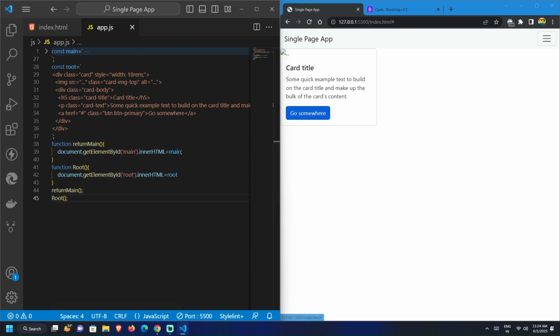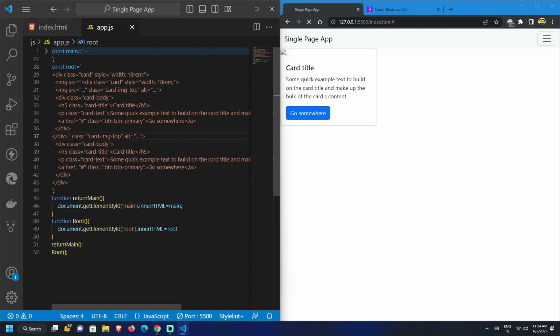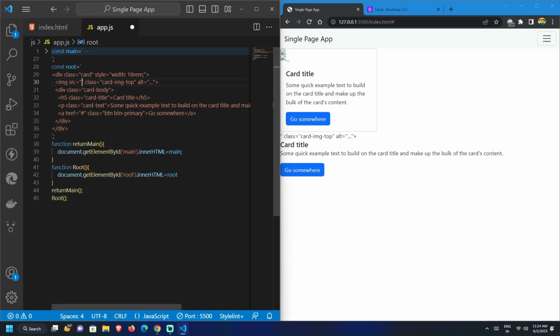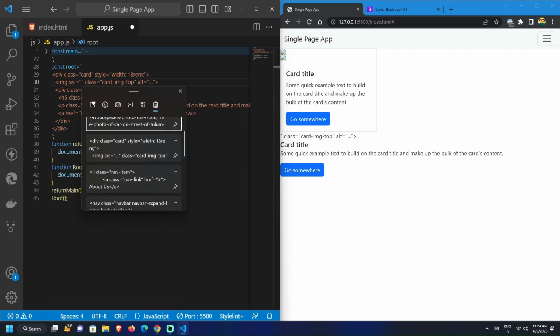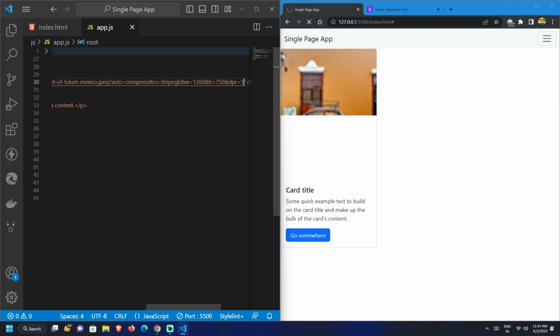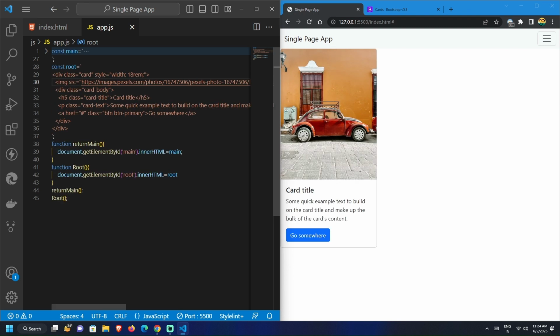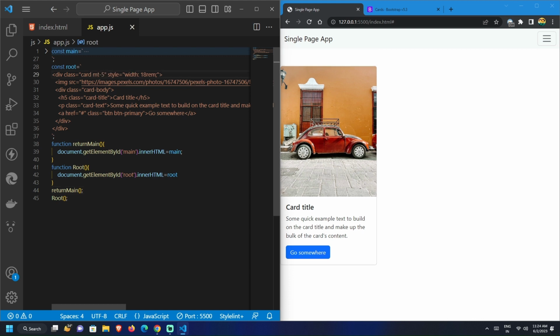As you can see, we have this. Now for the image part, let me add an image. Yeah, this one. As you can see, we have an image over here, and let me add some margin in the top. You can even change the height and the width, and let's suppose I want to have 3 more cards